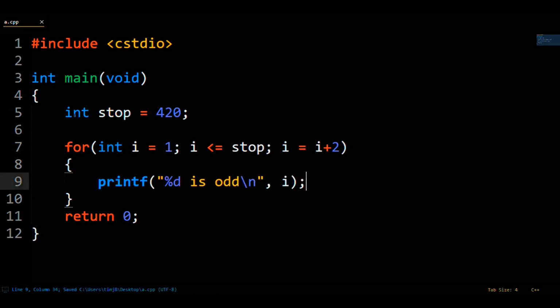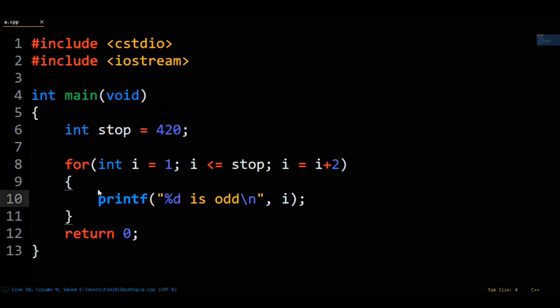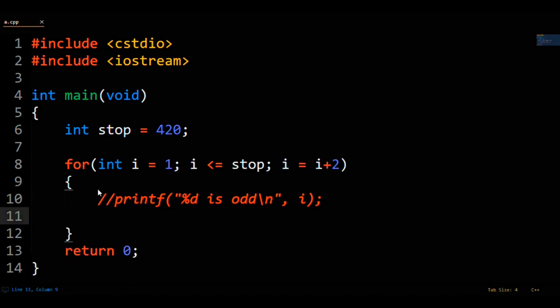For you C++ purists out there, we will also do this the idiomatic C++ way with cout. First, we will include iostream up top. Then, we will comment out the printf and do std::